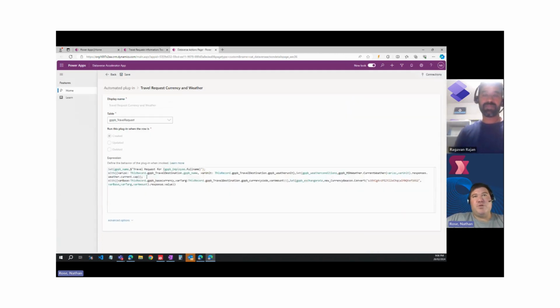So what we're doing is we are calling two connections in one plugin. This is something that has, to my knowledge, not been attempted before in low-code Power Effects plugins. So this is our plugin. It's just an automated plugin running on create of this travel request table. And so here's our set expression. This is setting the name. And then we've got two with expressions that are calling these connectors for the weather conditions and then for the currency code. The currency code is actually a custom connector that we set up to the Beacon Currency API